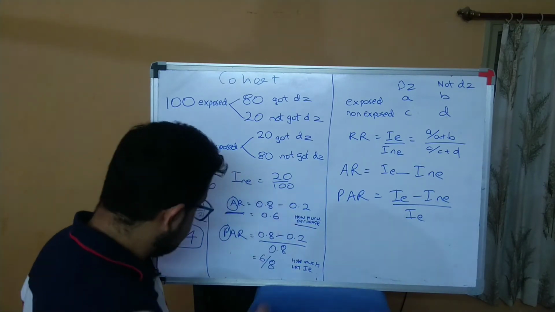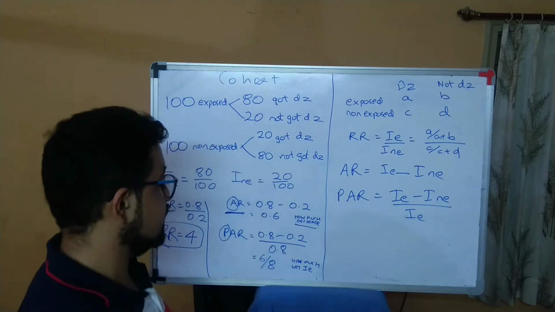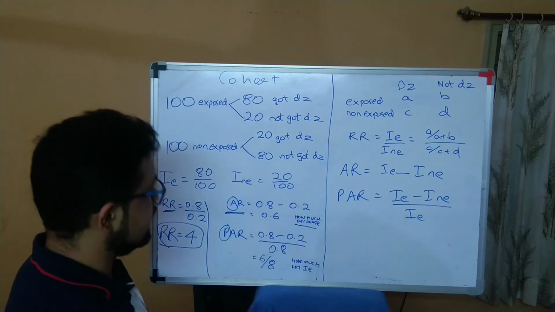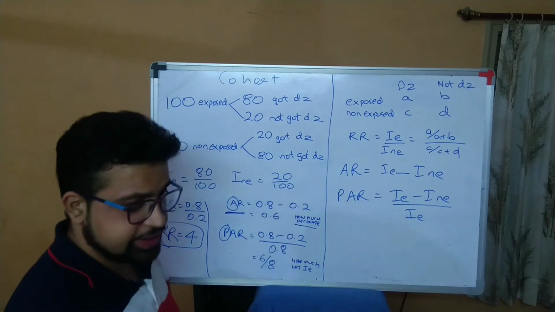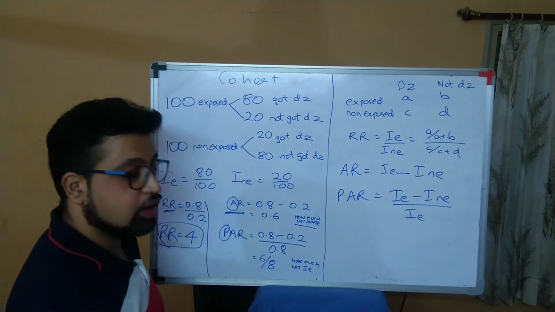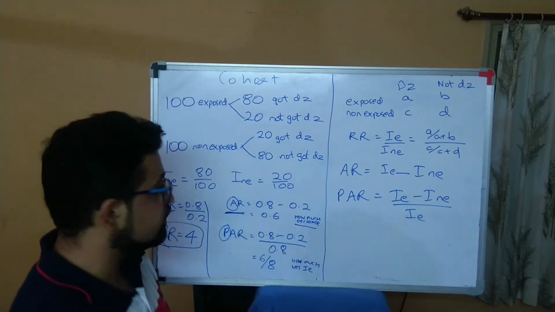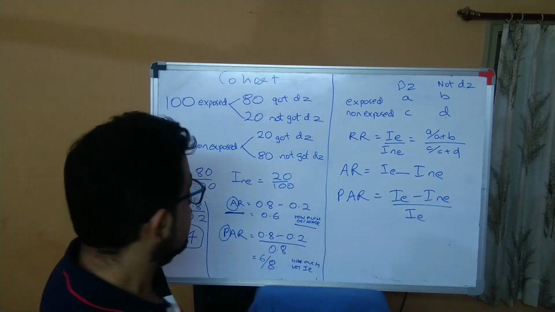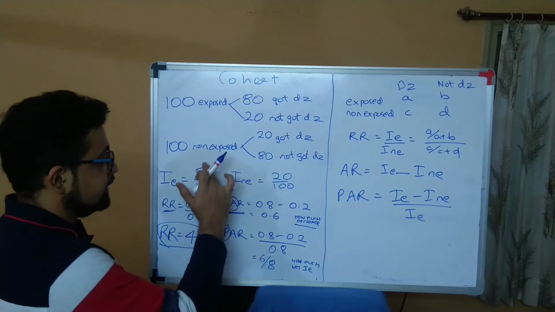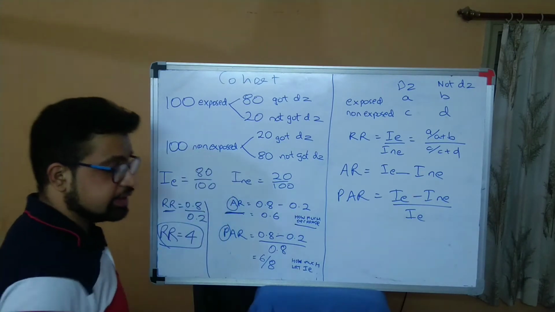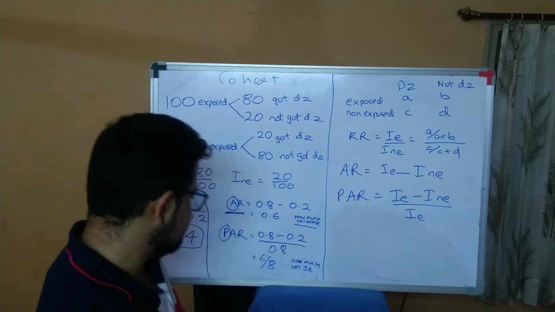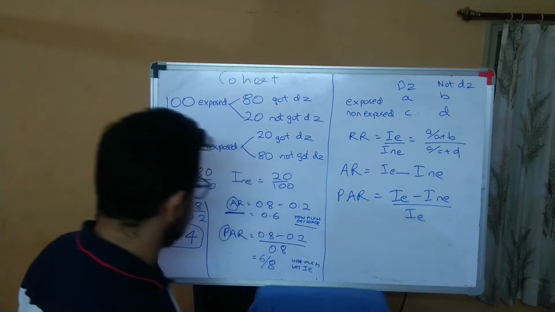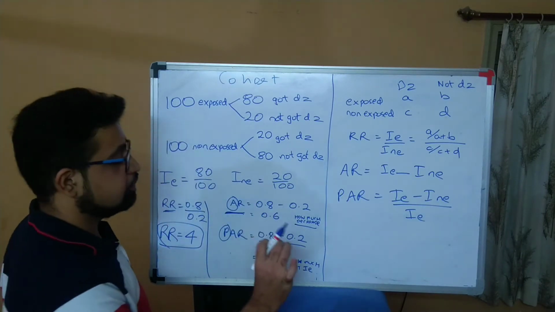Now, what is proportional attributable risk, right? Okay, so the physician comes up to you and says, okay, I understood that there is a 0.6 decrease. But how much with respect to what? You tell me how much with respect to what? How much reduction with respect to the incidence in exposed, right? Out of 100 exposed, out of 100 smokers, 80 got lung cancer. Out of those, tell me the proportion. I don't want absolute values, right? There may be differences in samples and all those things. First and foremost, give me the proportion.